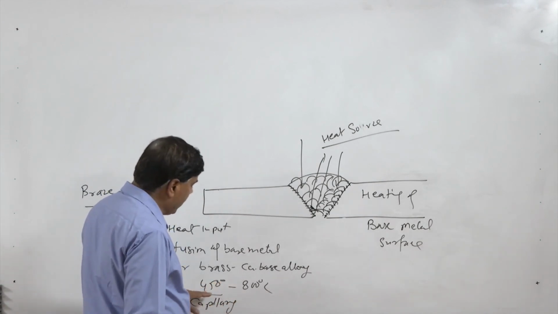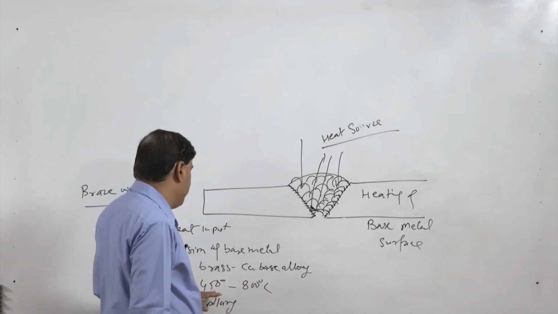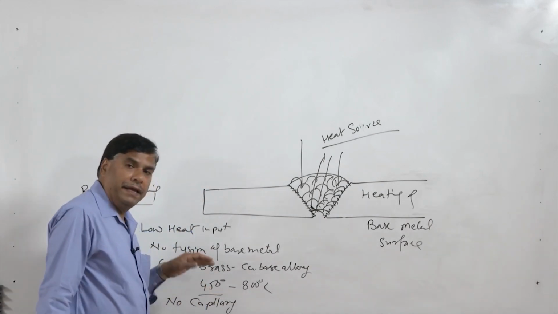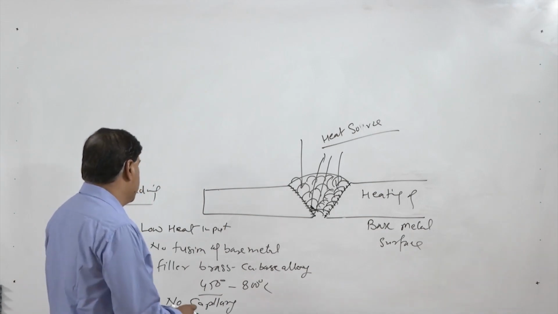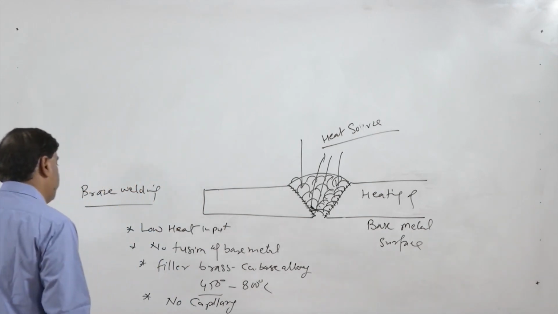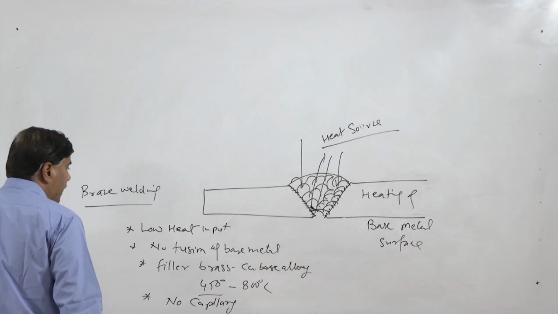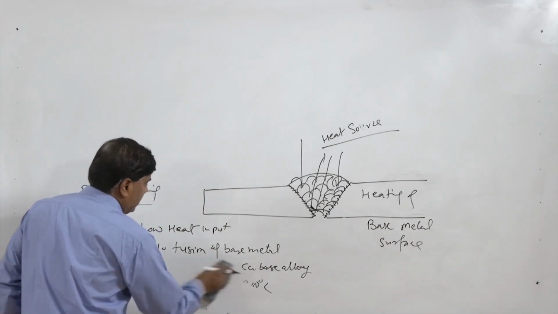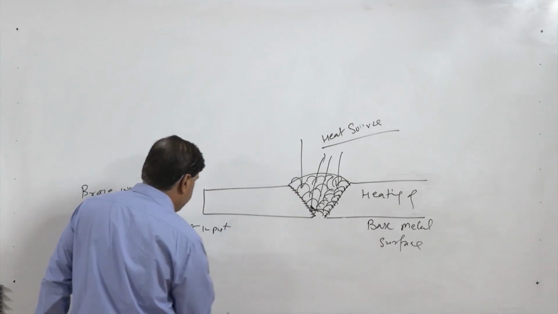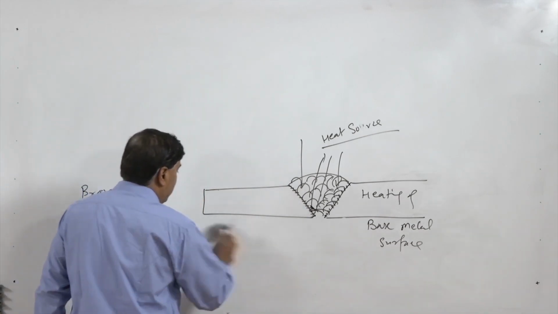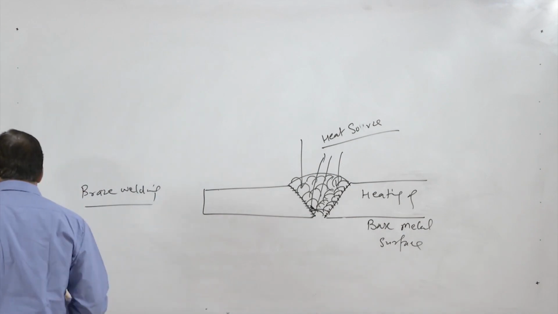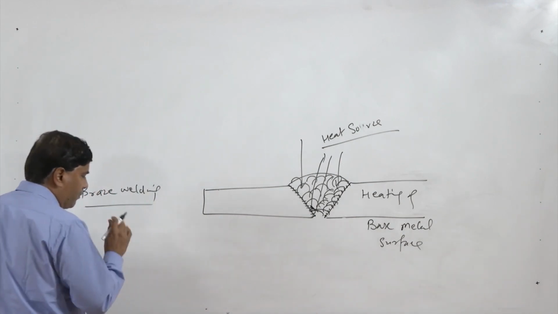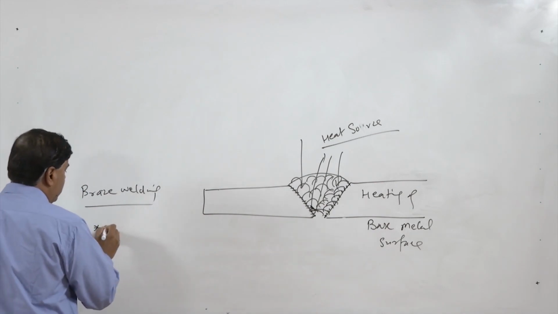Obviously this is brass. So, the melting temperature range, meaning the liquidus temperature range, is from 450 to 800 degree centigrade, and the filler metal which is used is brass, and there is no fusion of the base metal, only fusion of the filler takes place, and the heat input is very low. So, because of these 3 or 4 points, what we get is that